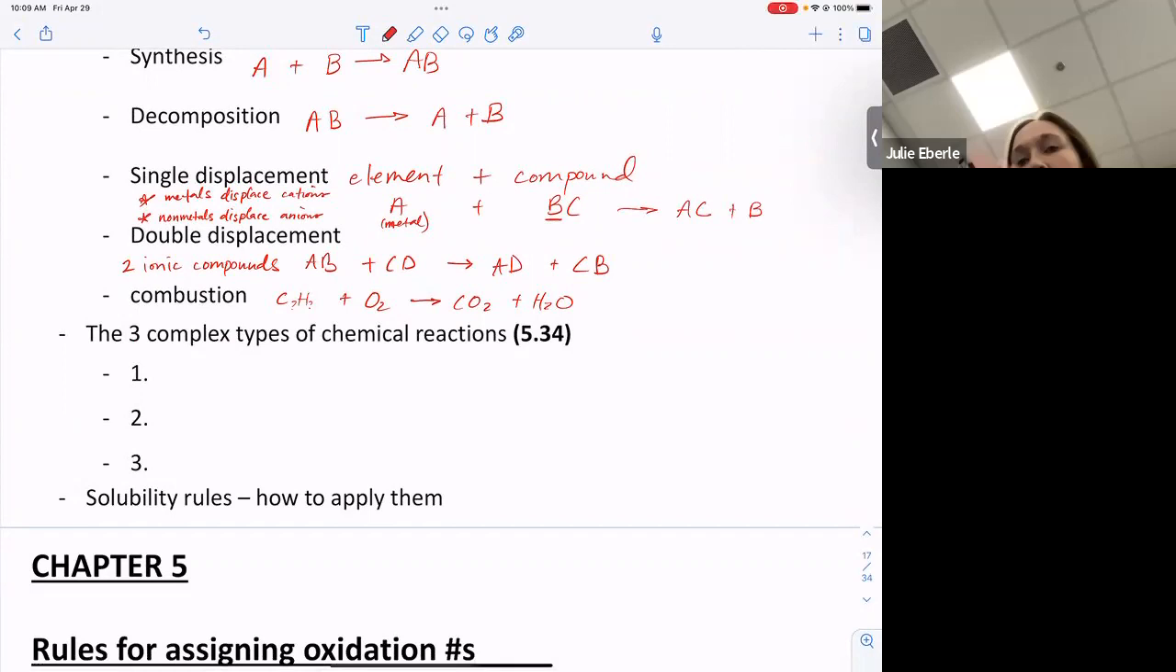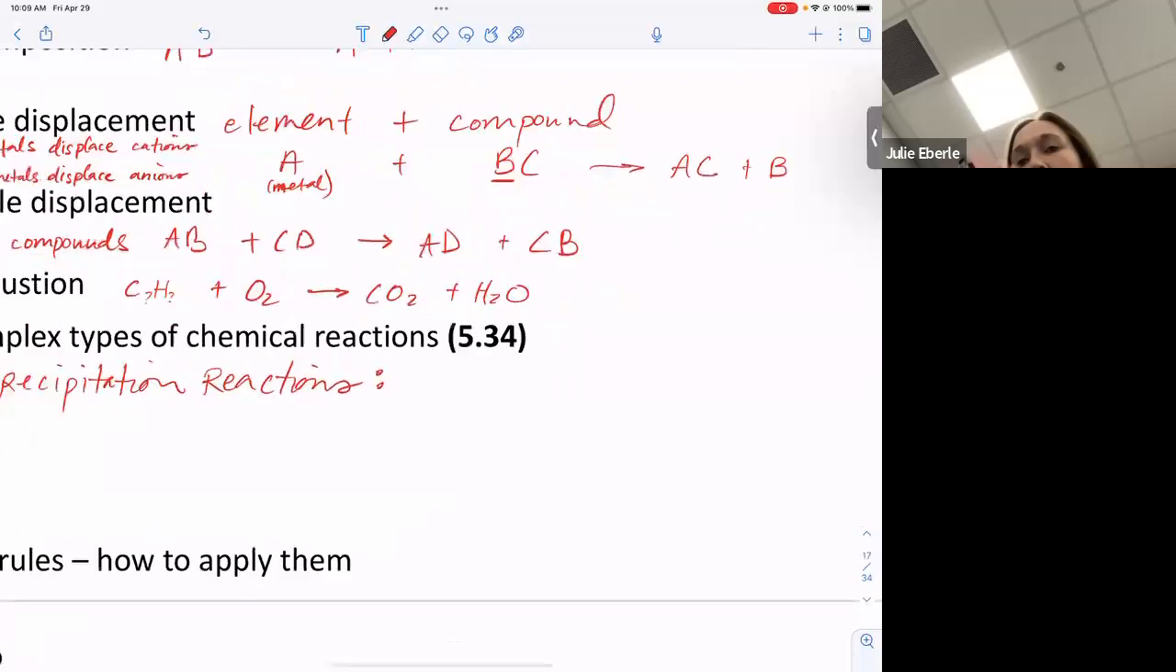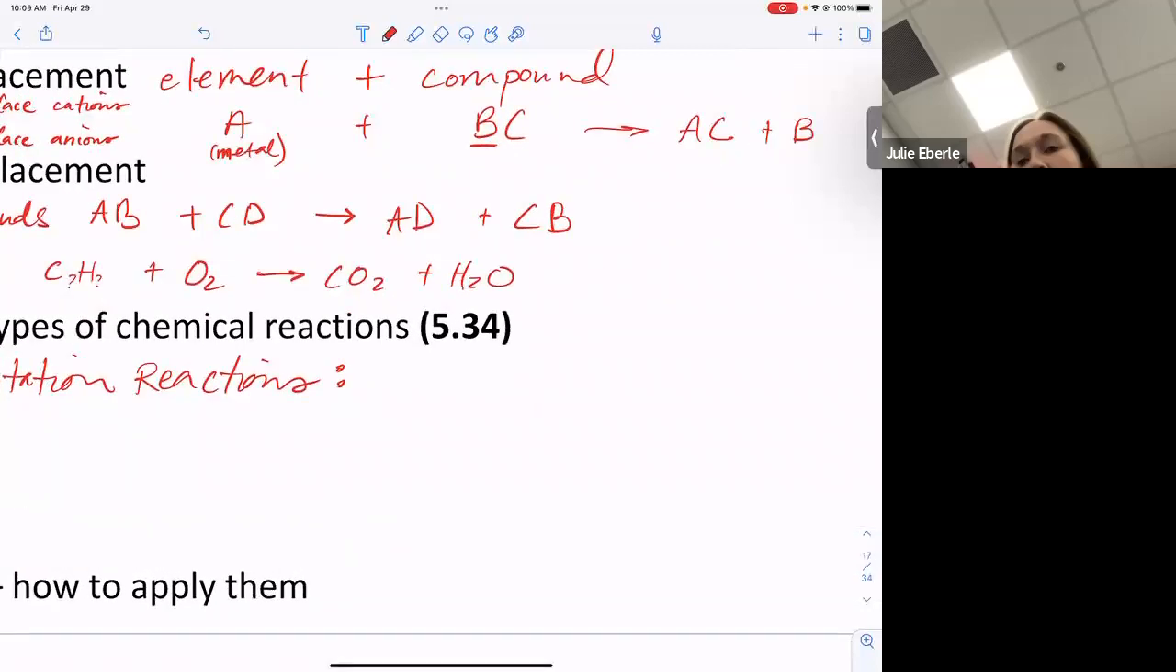All right, and then the 3 complex types of chemical reactions. So this is the first one we said, precipitation reactions. So what these are is you have 2 aqueous reactants. That's key there, 2 aqueous reactants. So for example,